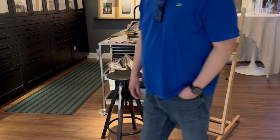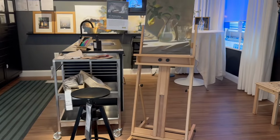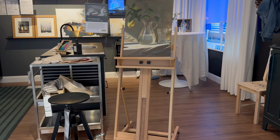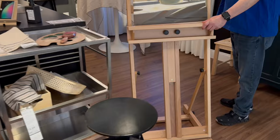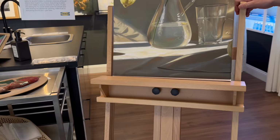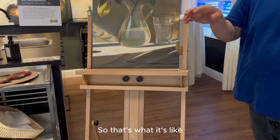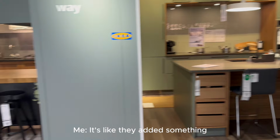Your dream easel. Pwede rin TV dyan eh, kasi pwede natin tanggalin sa wall. Kasi tinatighten, hindi nakatighten. Pwede ba? So, para yung, parang